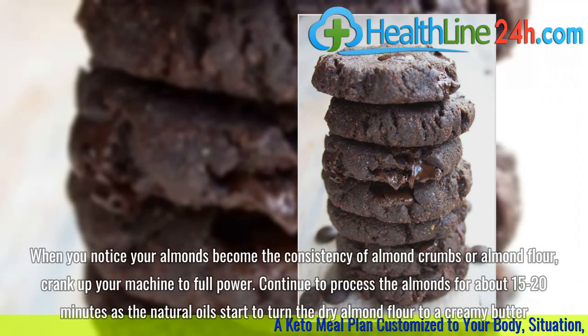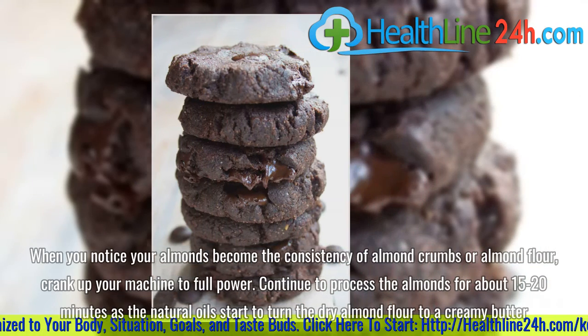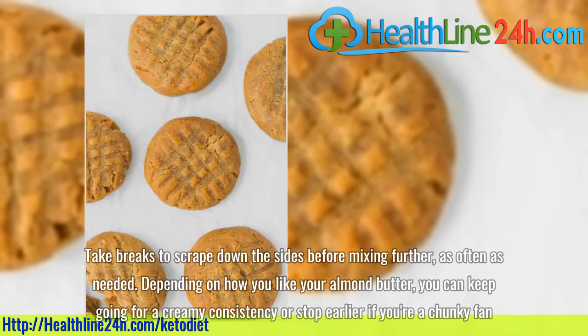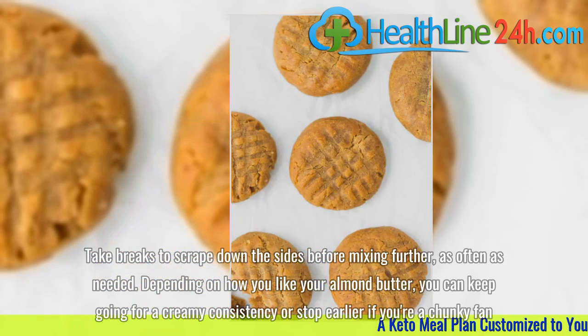power. Continue to process the almonds for about 15 to 20 minutes as the natural oils start to turn the dry almond flour to a creamy butter. Take breaks to scrape down the sides before mixing further, as often as needed. Depending on how you like your almond butter, you can keep going for a creamy consistency or stop earlier if